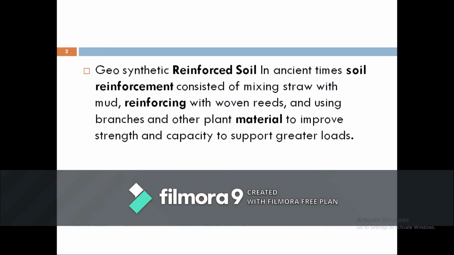So now let us see what other methods are possible which we have left out in the earlier classes, whatever is there in our particular chapter. Today we will just have a glance at all those topics, so that with this we will be ending our total chapter. So the first and foremost thing is geosynthetic reinforced soil.